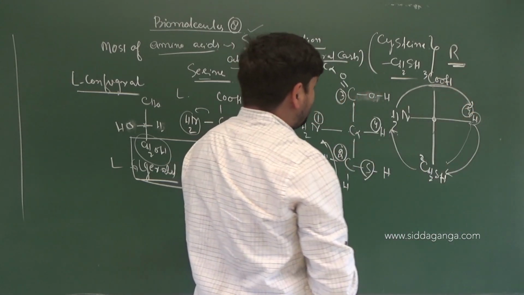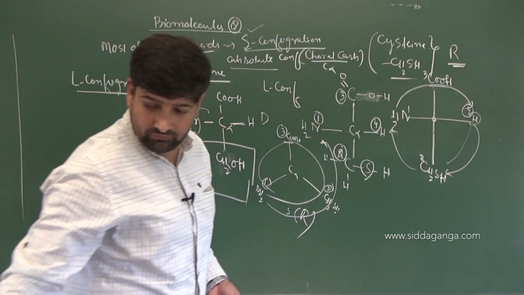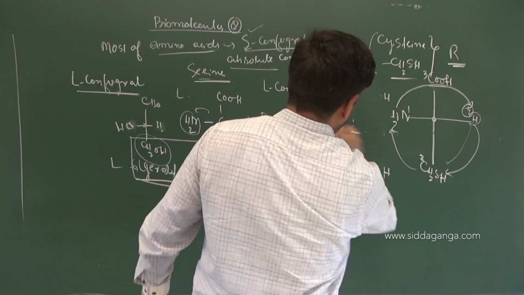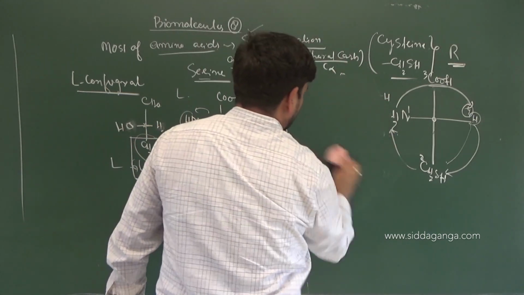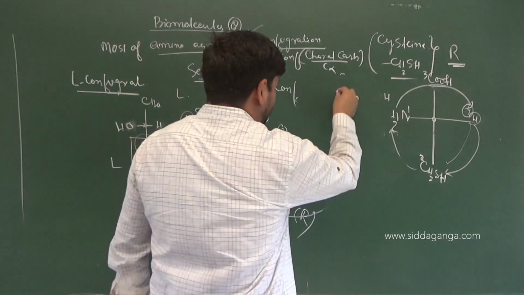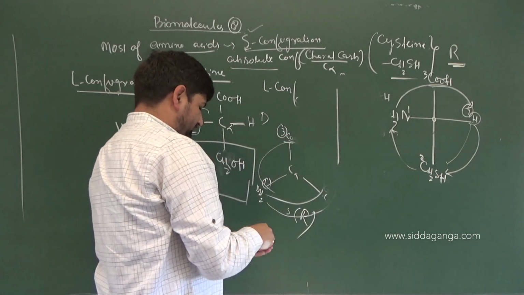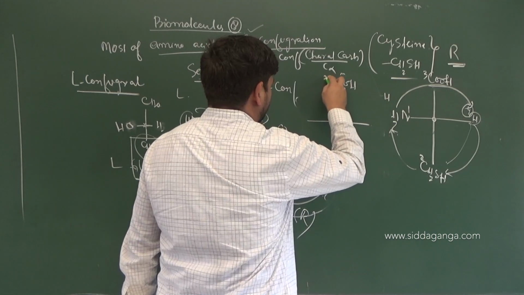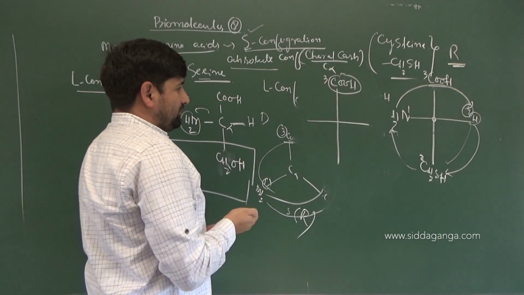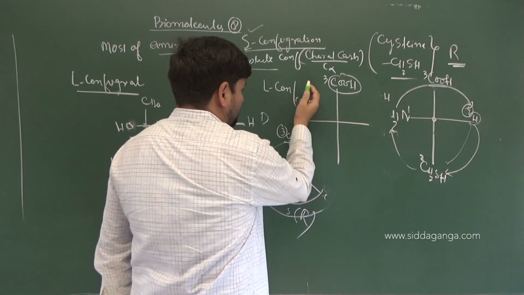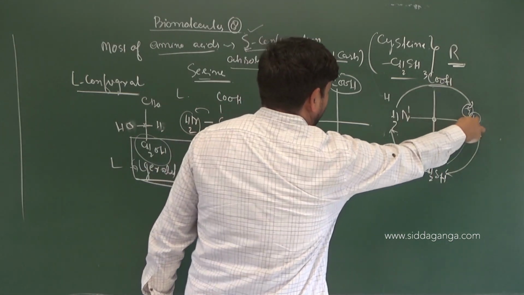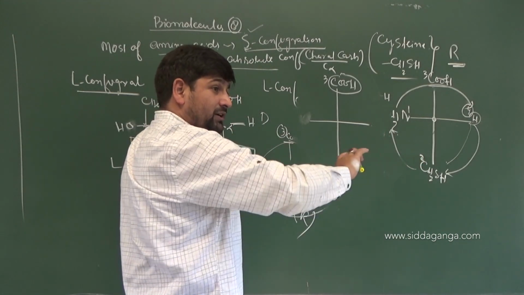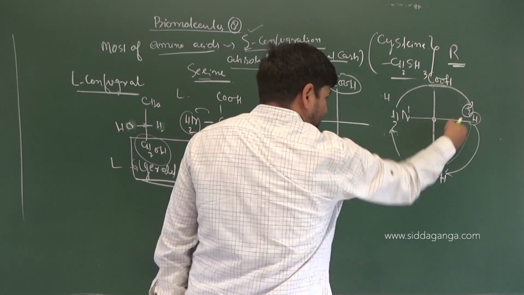Correct or not? So what will be the new structure that I will get now? Tell me. What's a new structure I am getting from it after rotation? Let's have a look. So you have COOH. What is the priority for that? 3rd. Okay. Then NH2 as usual. No, sorry. When the rotation is done, NH2 will come here, right? After rotations. So one is it's not a new molecule. In order to name, in order to give it absolute configuration, you need to bring hydrogen in this place, right?